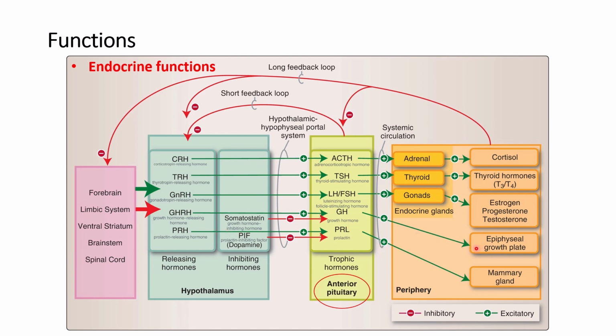So this is a positive feedback, but there is also a negative feedback here, that growth hormone is released in a pulsatile fashion, not continuously. If it is released continuously, then you become a giant. So here another hormone is released that's called somatostatin, or growth hormone inhibitory hormone, and that will